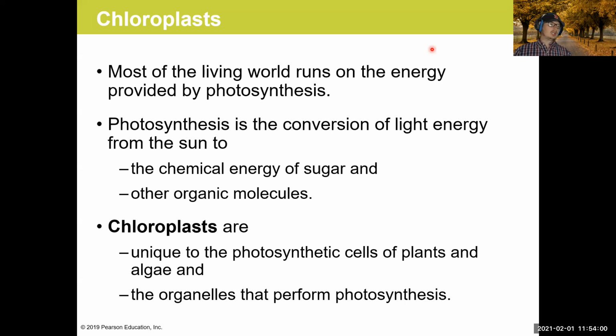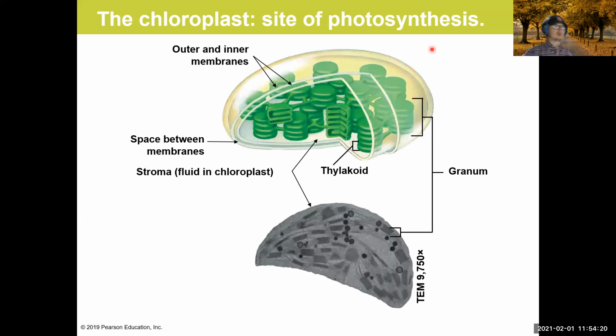And chloroplasts are these individual organelles that are inside of cells, and you can find these organelles in the cells of plants and algae that undergo that photosynthetic process. And so they're the specific organelle that is performing that process. If you look at the structure of a chloroplast, this is what you would see. So the chloroplast is this double membrane structure, and inside that inner membrane